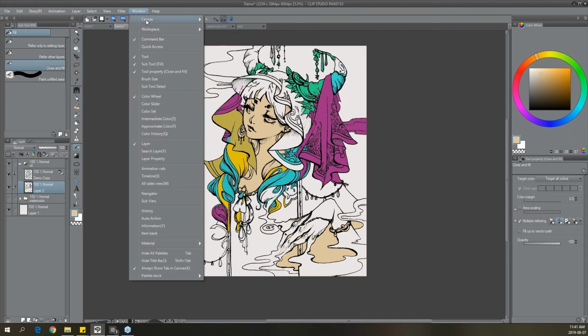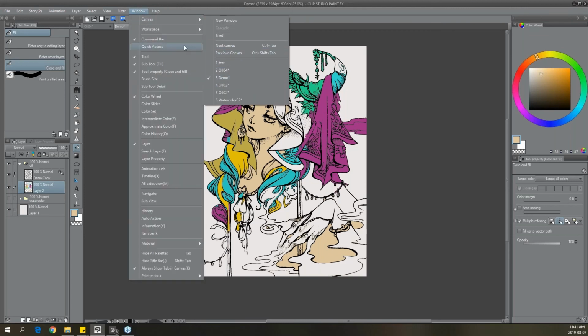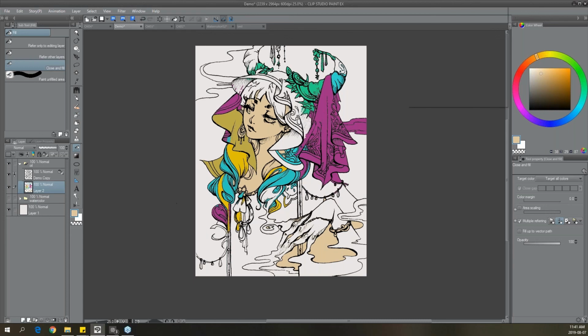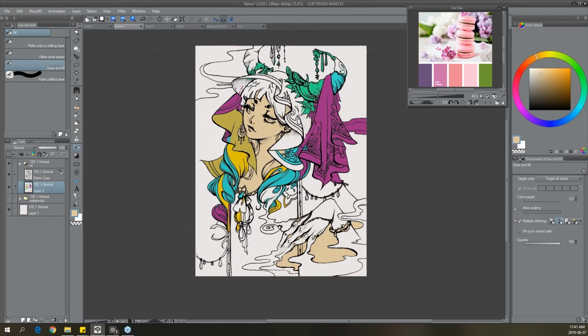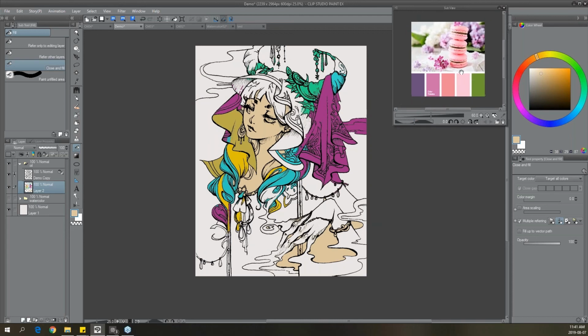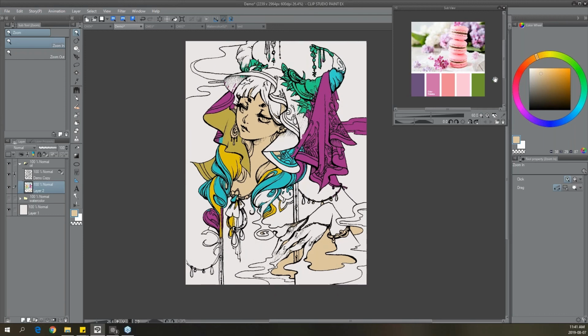Now, I sometimes would have a sub view. I can import a color reference if you guys so wish. I don't normally use a color reference, but if anybody is struggling with using colors or trying out different color palettes, I really recommend you guys look up sites like this that can provide you with some ideas, because you cannot technically steal a color palette, right? So